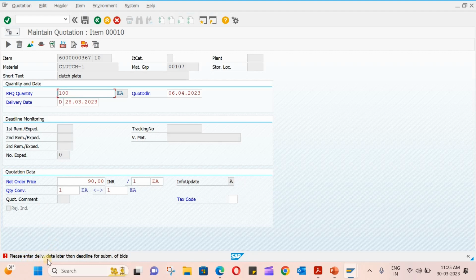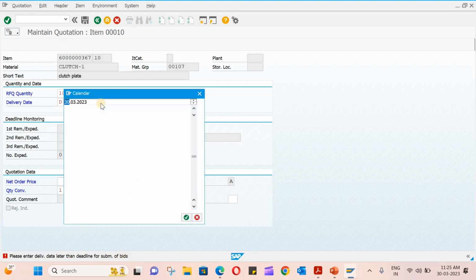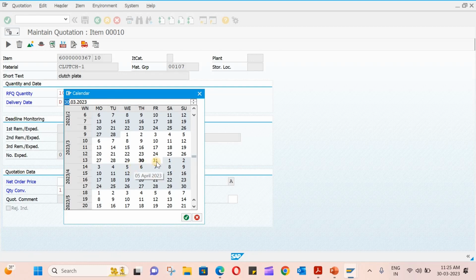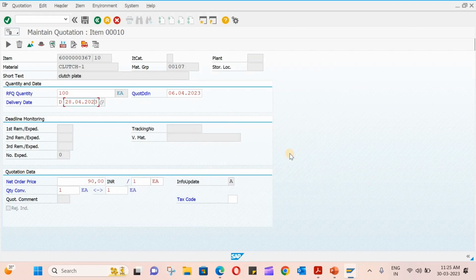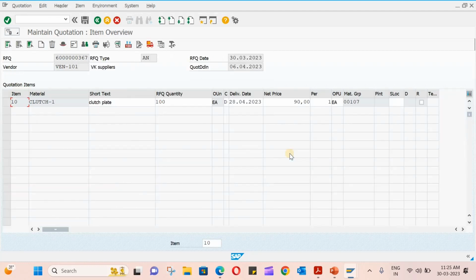Now it is asking, please enter the delivery date or date later than deadline of, so okay, we'll have to enter the date. Maybe I'll enter it to, say, April 30, so I have entered 28, which is wrong. Let us enter it as 20 April. Okay,